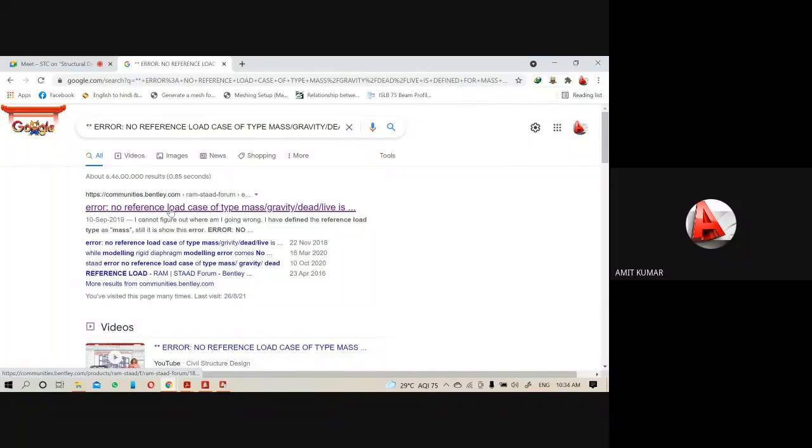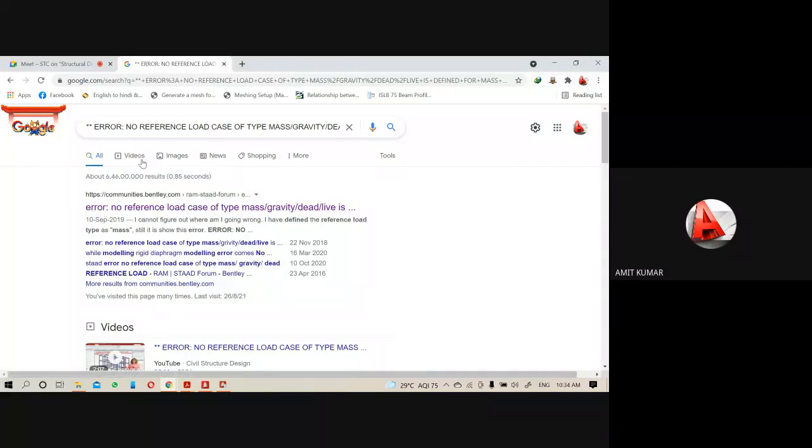Okay, so in the STAAD.Pro guide, we don't have any instructions on when to use any load and which type of load should be defined earlier or later. So that's why we can say it is a drawback of the software.